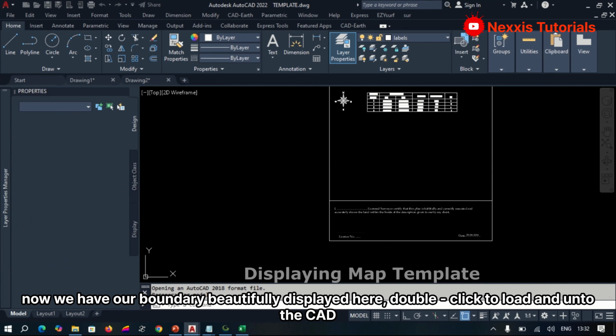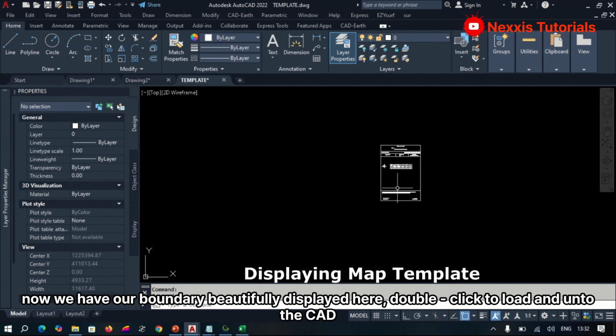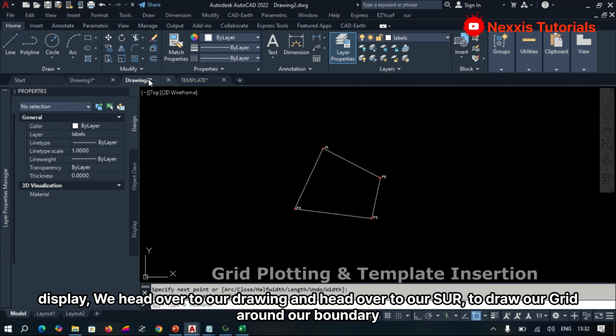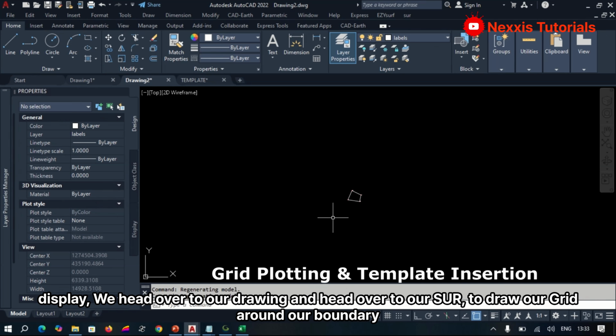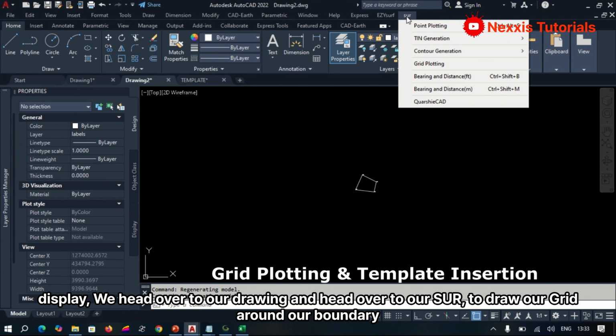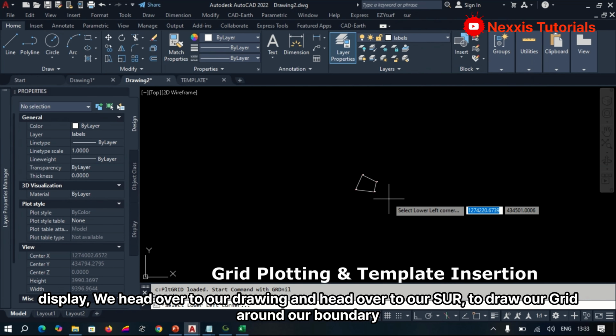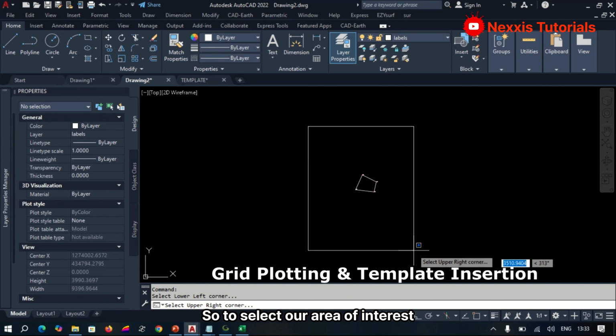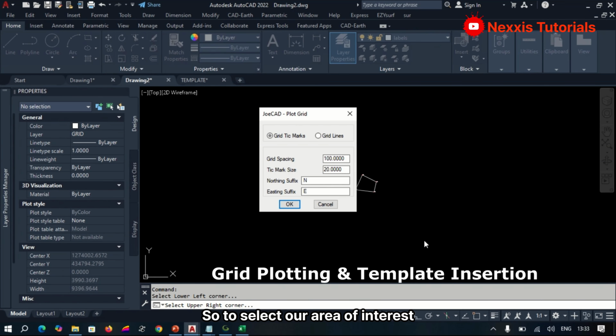Double click to load onto the card display. Head over to our drawing and head over to ICR to draw a grid on a certified plan. So to select that area of interest, and then we OK. A pop-up is displayed